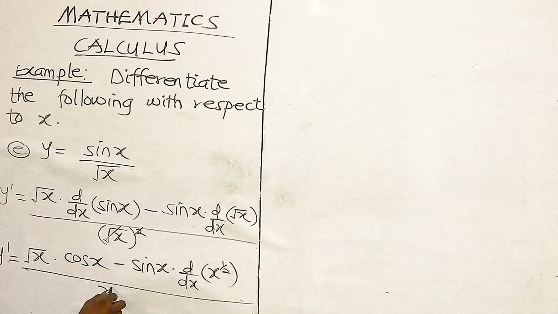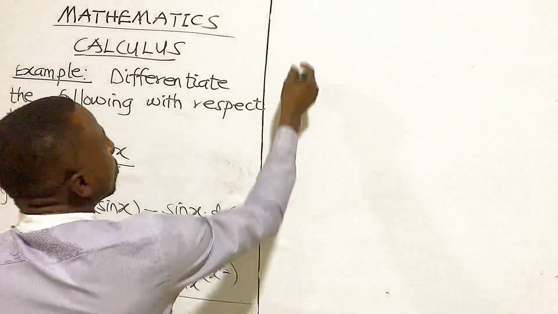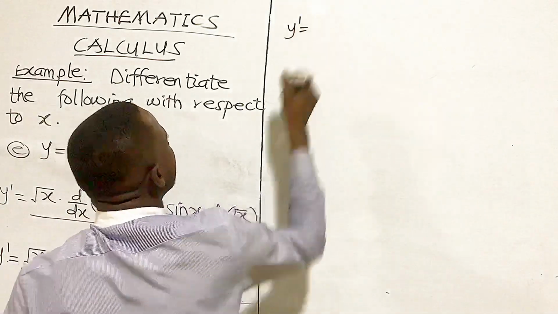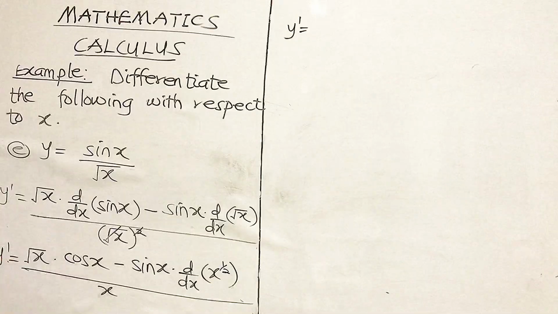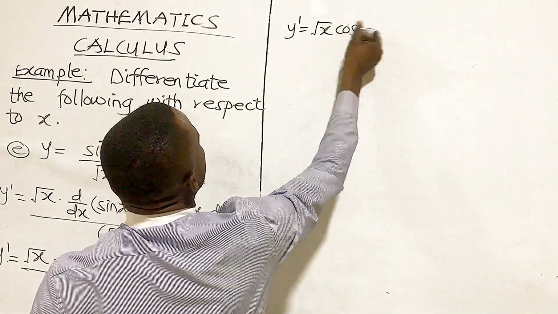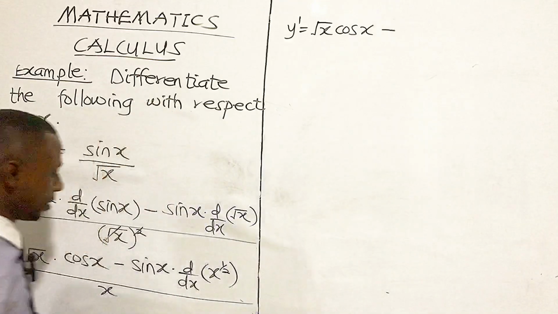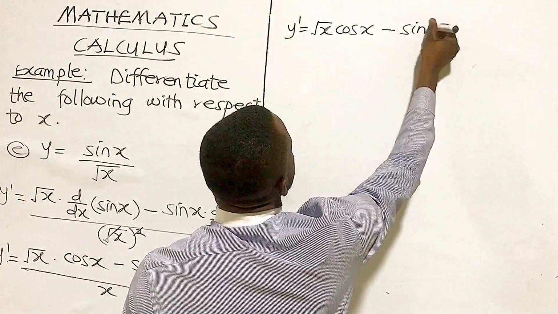So we have x to be the denominator. So now let's differentiate this. So I have y prime to be equal to root x multiplying cos x. Root x cos x minus sine x